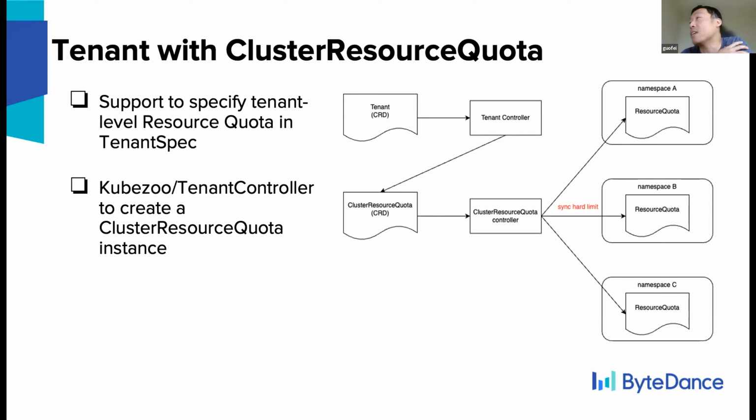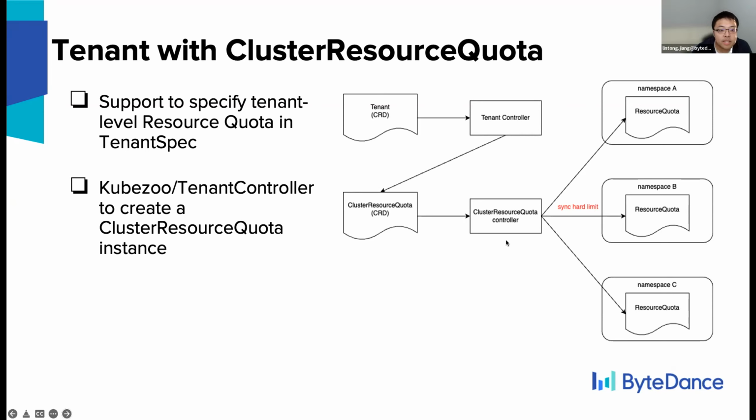So basically, you need to specify how much quota each namespace has in the tenant spec, isn't it? Oh yeah. For the hard limits, we just inherit whatever the limit is in the cluster resource quota. I didn't prepare the CRD spec in the slides, but I think the demo will show that. So you just specify the limit for a namespace, and if you have n namespaces, the total quota would be n times the hard limit, is it?